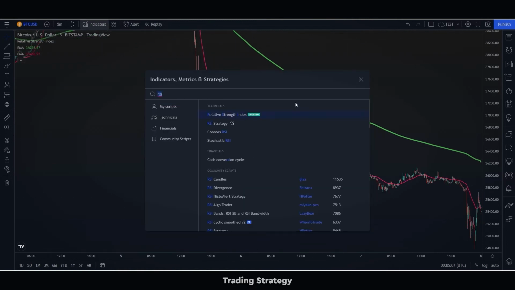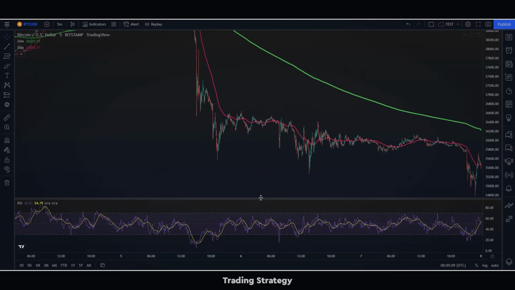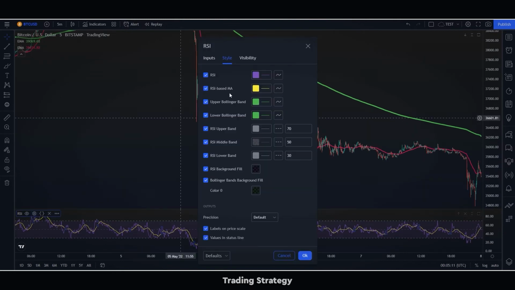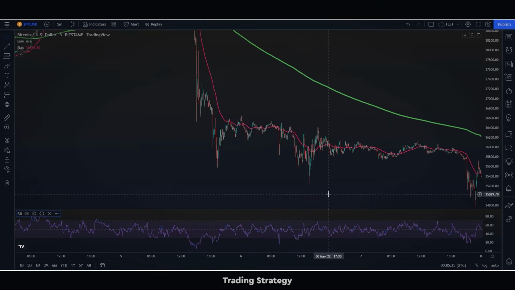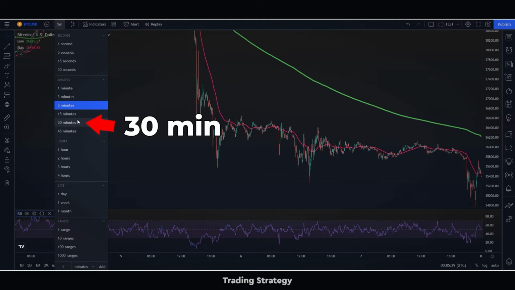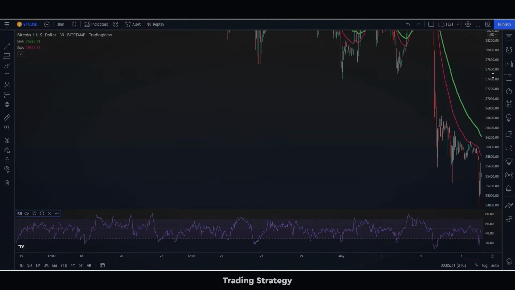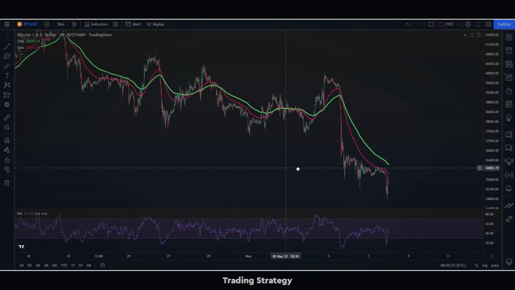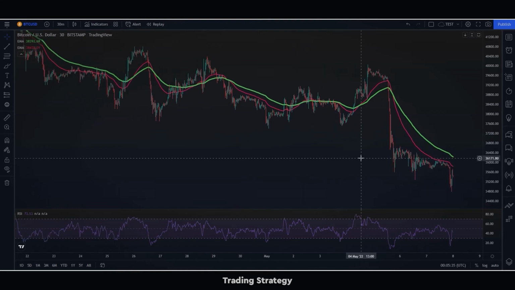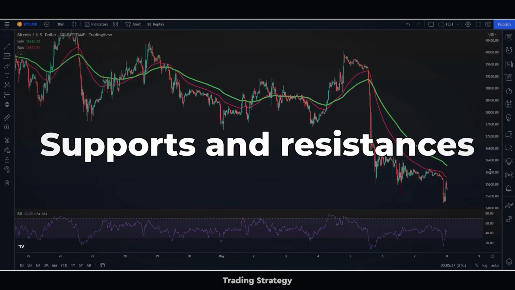This indicator does not need to be added, but it is useful if you want to have more security when performing operations. Once we have added all the indicators on the chart, we will go to a higher hourly chart. In my case, I will go to the 30-minute chart, since I will trade on the 5-minute chart. In this 30-minute chart, we will have to mark with a red line all the most relevant supports and resistances